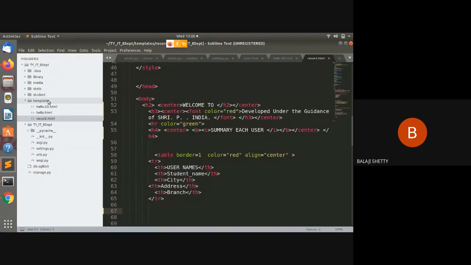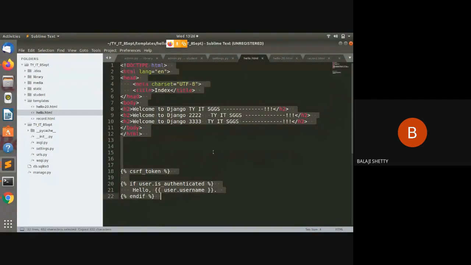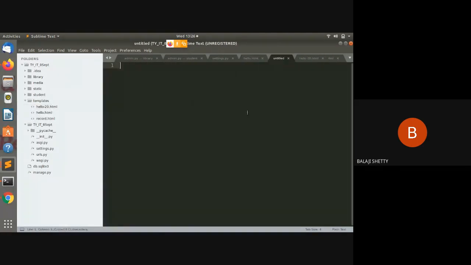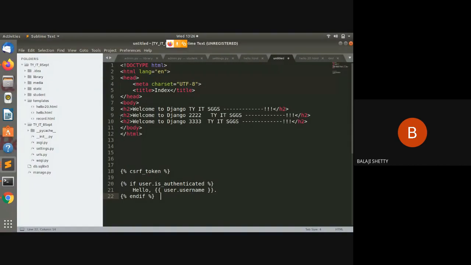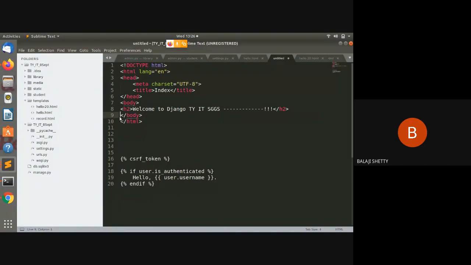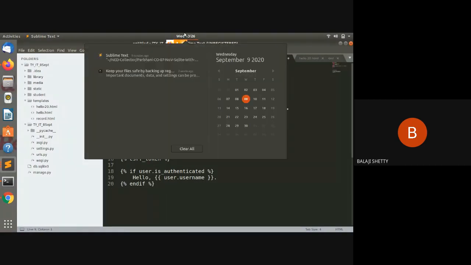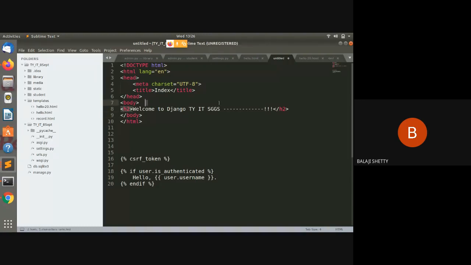So the second step is, go to templates. I create one more file for understanding in a better way. So I just copy this, create a new file, and paste this code, and here today's date is 9 September, so I write 9 September Django demo.